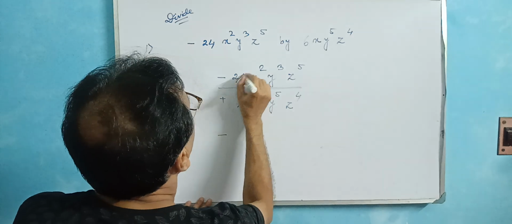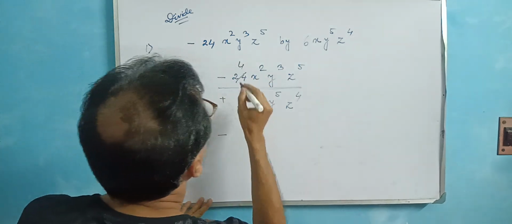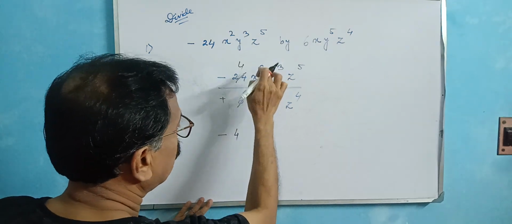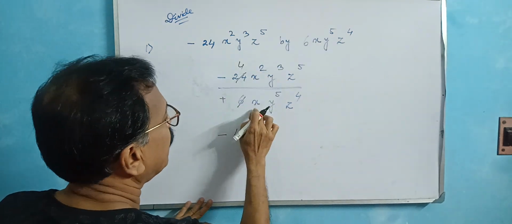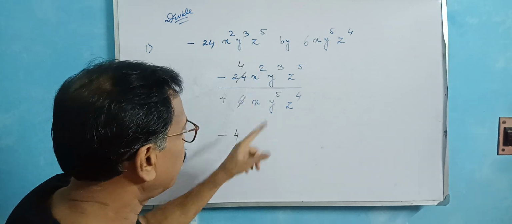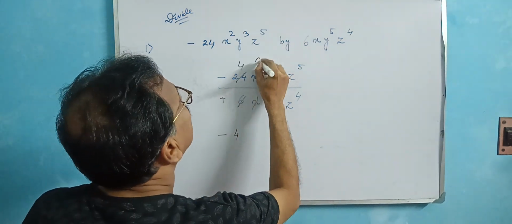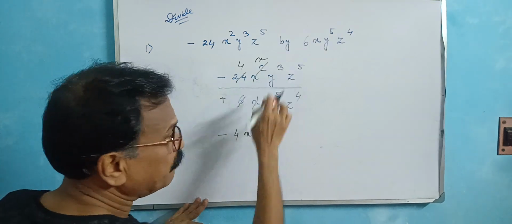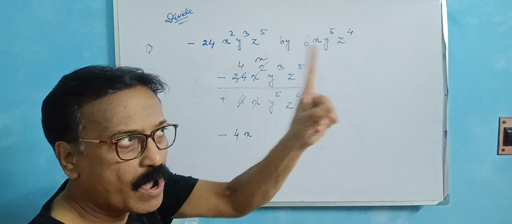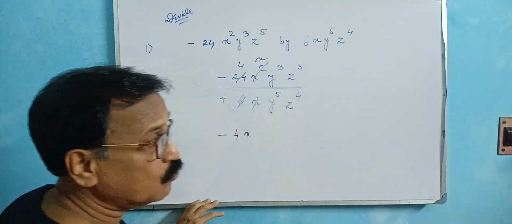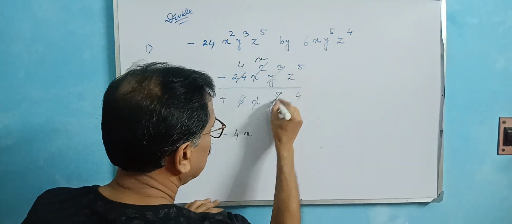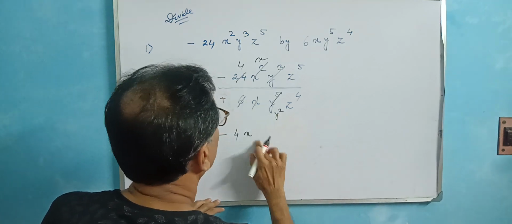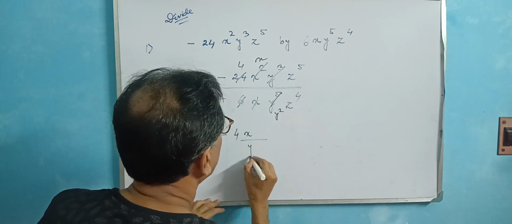Now 6 and 4. 4, 6, 24. Okay, no problem. Here is x to the power 2, that means x square, x is 2 times. Here x is 1. Here there are two, here there is one. So now this is x only, 1x. Here there are three y. y to the power 3 means 3y, y into y into y. And here is y to the power 5. So here there are more. So this is y square. The answer goes down. Okay? So this is the down part, y square.